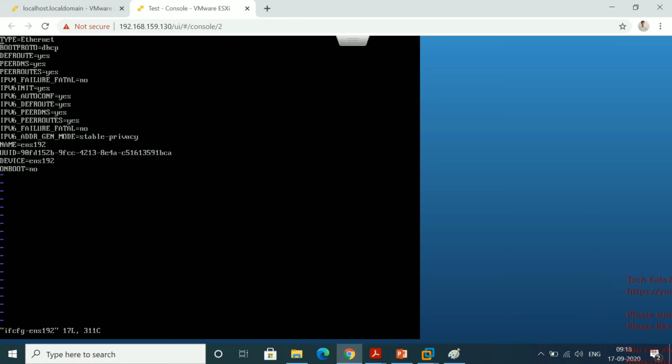The type is definitely Ethernet. Then BOOTPROTO: you can see it's showing dhcp, so it means it's currently DHCP. We have to change this to static, because we are going to assign the static IP.